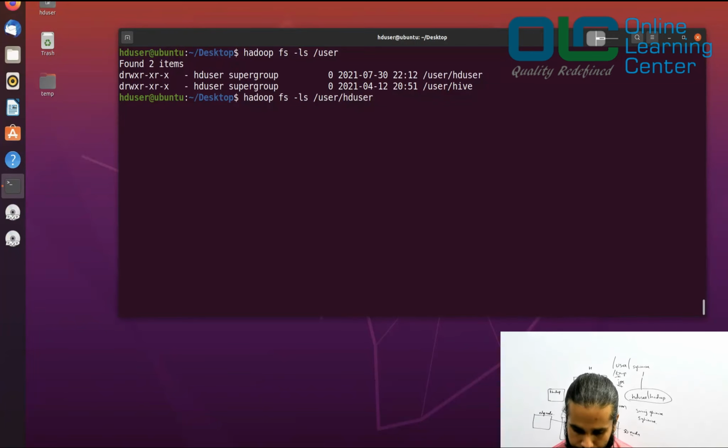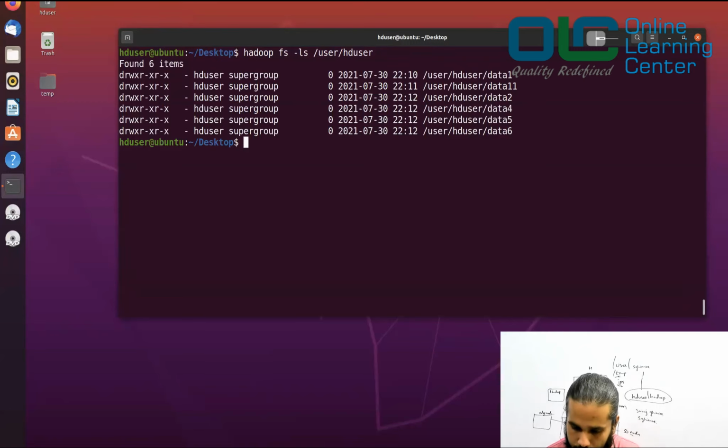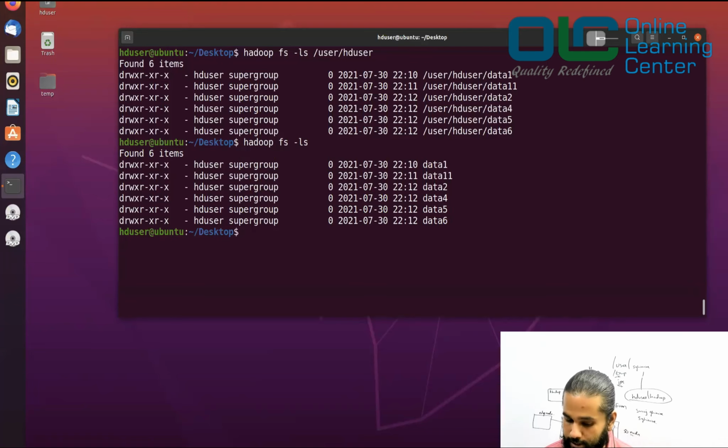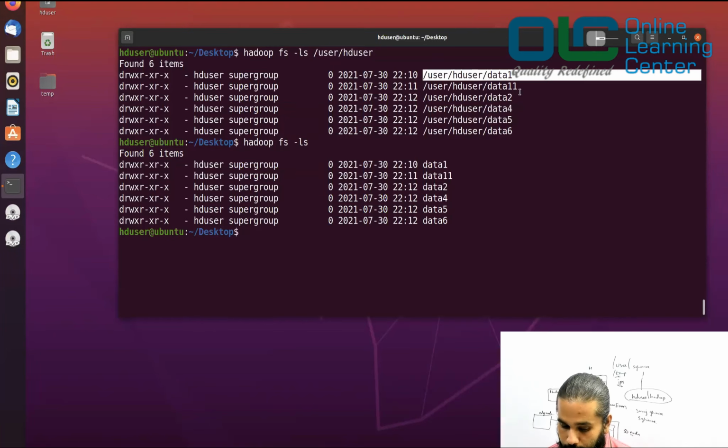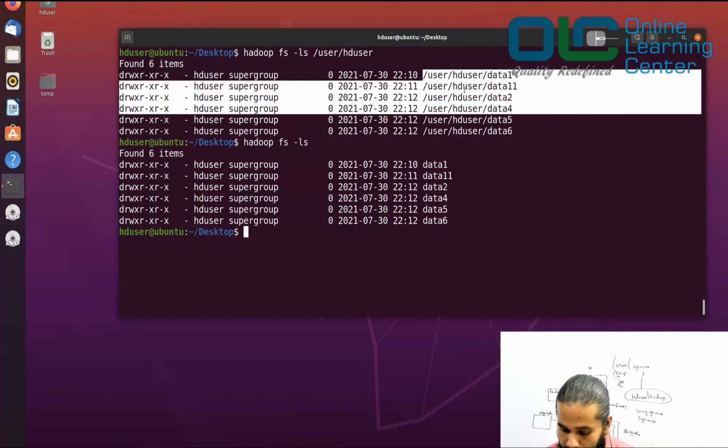Now let's say hadoop fs -ls /user/hduser. This gave me one output. Now if I don't write this, what will happen? By default it is the same, my current user, hduser. So even if you don't write this, it still means the same. But if you see, there is a little difference here. When you gave the whole path, you got the whole listing of the directory.